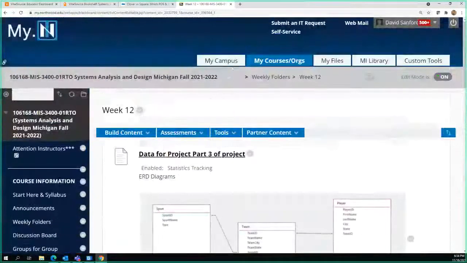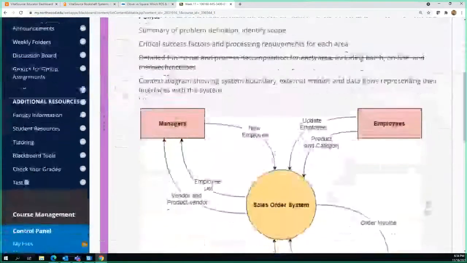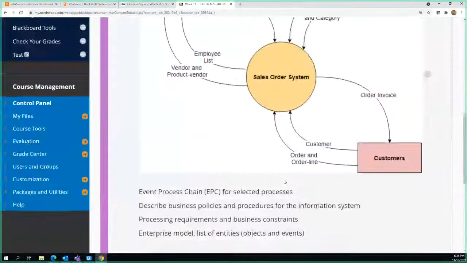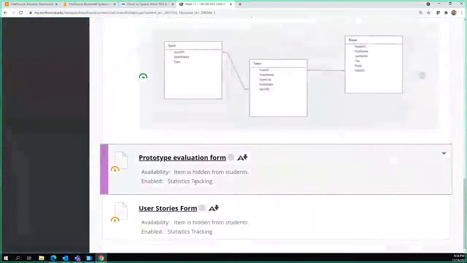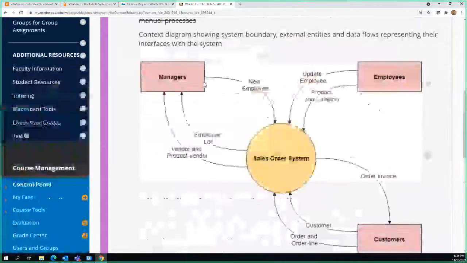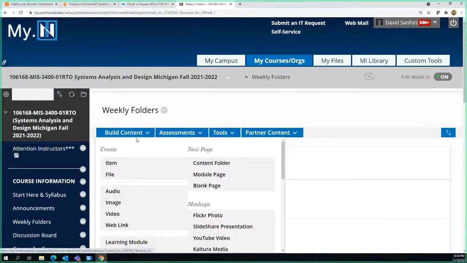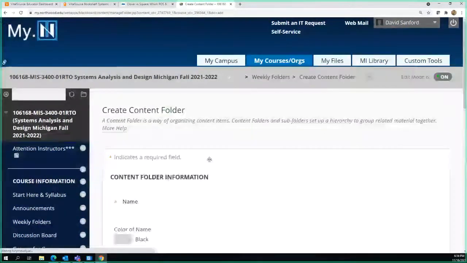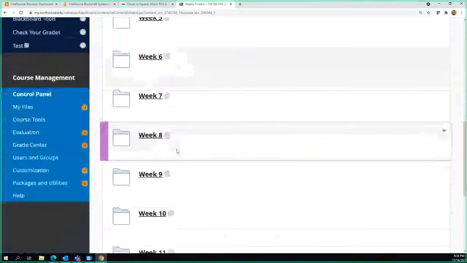Where was the whole assignment? What week was that in? Week 11? The project part 2, I still have to do the project part 3, don't I? Yeah, I didn't put project part 3 out there yet. So we're not done at this point. We have more to do, right? Because this was a multi-part project, and we're in week 13, correct? And in week 13,